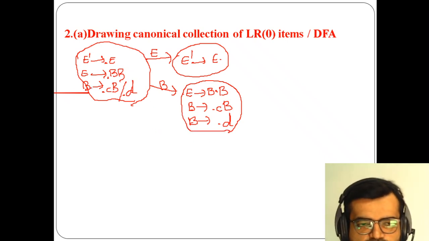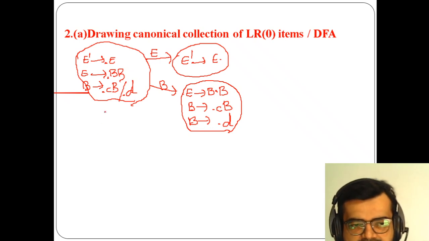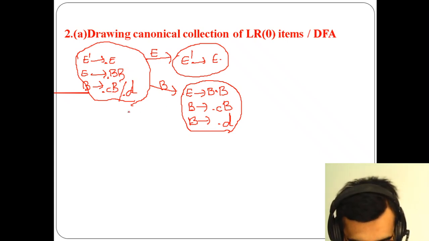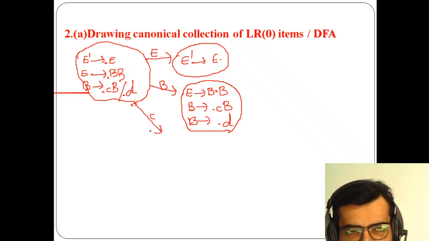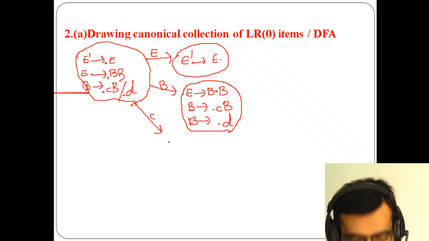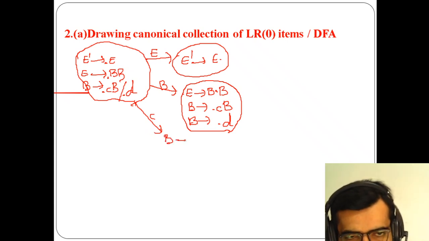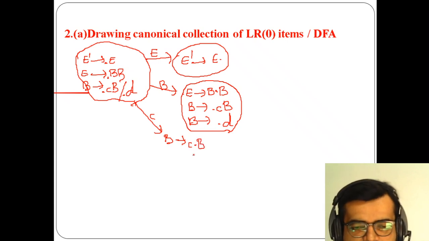After B, if you go with the third line, when I move the dot by one position, c has to be considered as small c, not capital C. So here I'm writing small c. In this one, I have to write B of small c dot capital B. And again, what is the part of B?